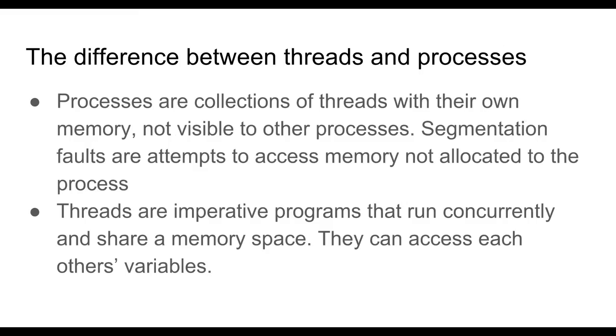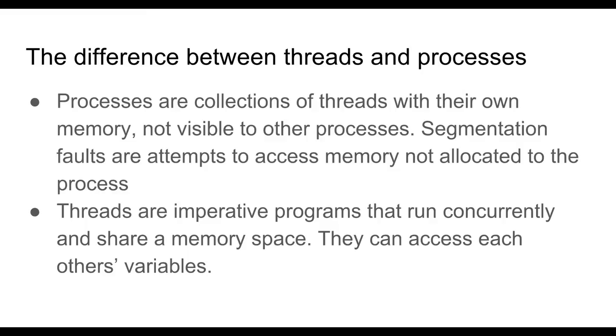To get an idea of threads, we need to make sure we know the difference between processes and threads. A process has multiple threads. By creating virtual memory, a process has the illusion that it has all of the memory on the machine. It doesn't share it. Segmentation faults make sure that processes are not able to access other processes' memory, even if it would happen this way.